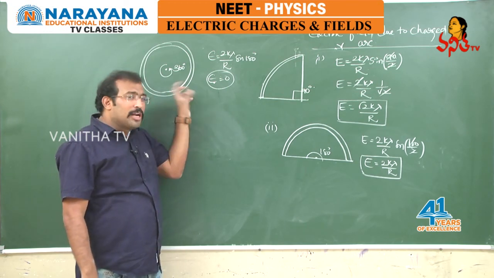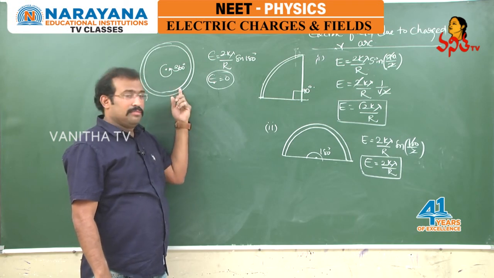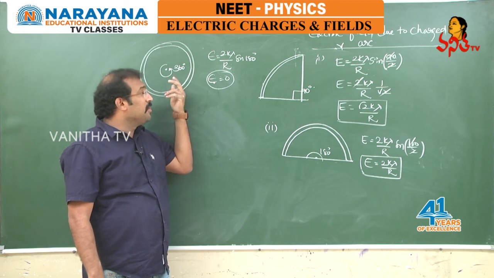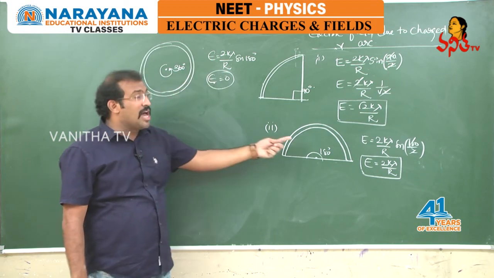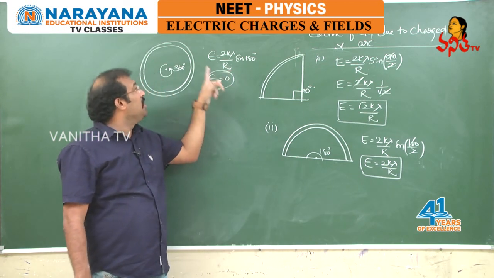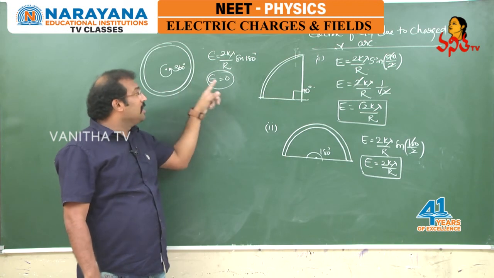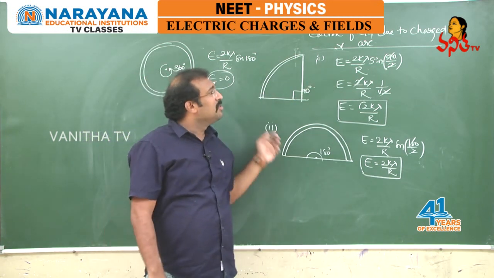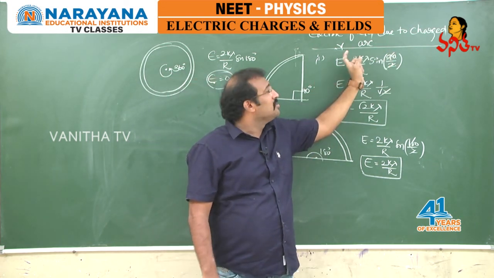This we have already discussed, the electric field due to a charged ring at its center, which was 0. Now here also again we have calculated using the arc condition that the electric field at the center of a charged circular ring is equal to 0. So these are the conditions that we can discuss for an electric field due to a charged arc.